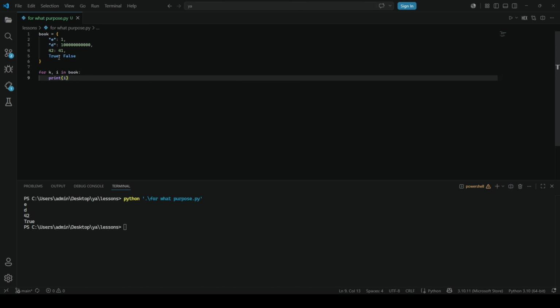We're repeating the second time. The value of the key will be D, the second key, and the value of I will be the value of the key in the book. Okay, now repeat the third time. The value of the key will be the third key in the book, and I will keep doing this on for 1,000 years. Okay, so now if we print these two together, we can do K,